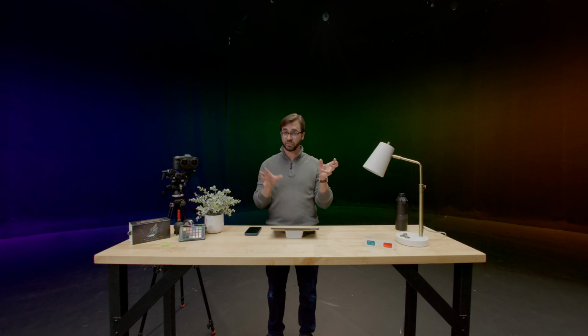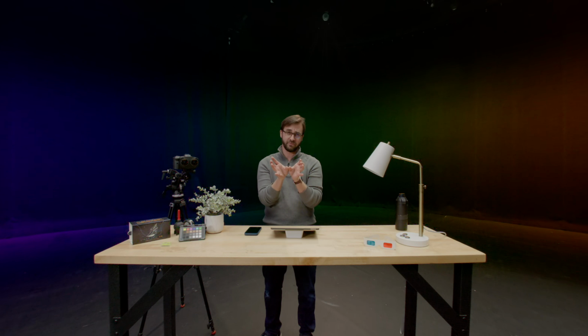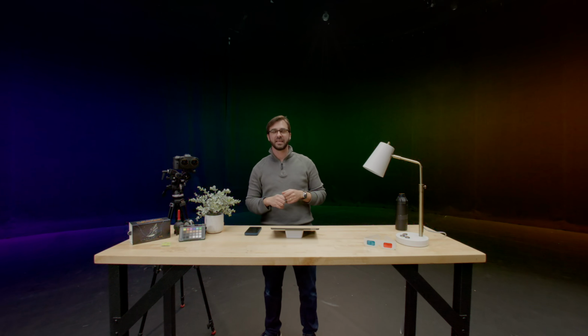The other problem with using two separate camera bodies, for example, is line level sync. I think a lot of people thought that they could just synchronize on audio, but the way that camera sensors capture is usually top to bottom. As you put the two different cameras together in a myriad of configurations, if that line level sync isn't perfect, you're gonna get some disparity. And disparity is like, if I'm waving my hand like this, in my left eye, my hand might be here. In my right eye, my hand might be here. And because it's at two different points in time, when I watch that back, it looks a mess. And it's kind of stroby,